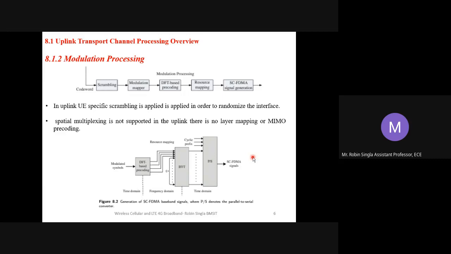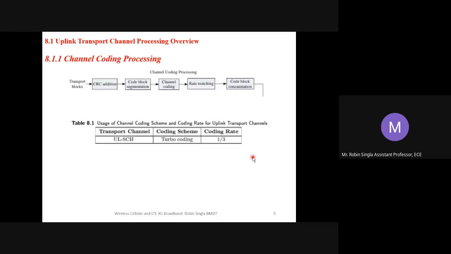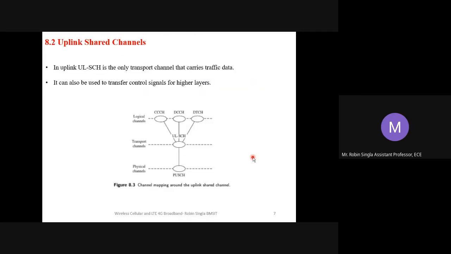So in this whole lecture, especially for module 2, I have used the term similar to downlink. So in exam, you don't have to write similar to downlink everywhere. You have to actually explain what is there. In the book, it is not explained again because they have already explained it in the previous chapter. But in exam, you have to write why it is similar to downlink, what is there.